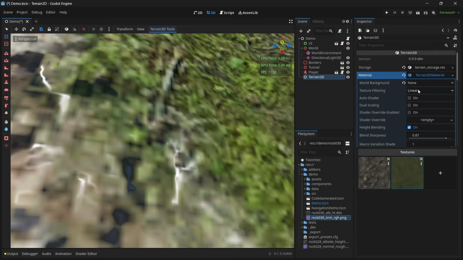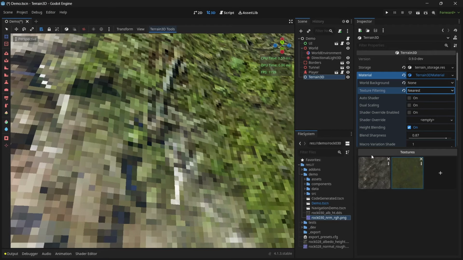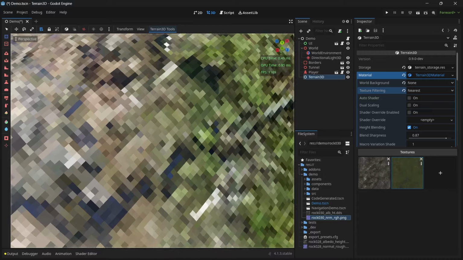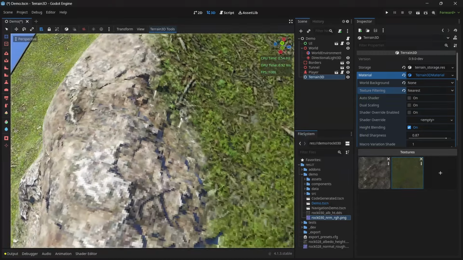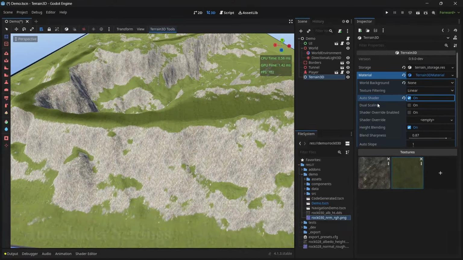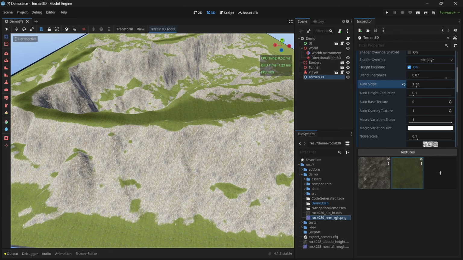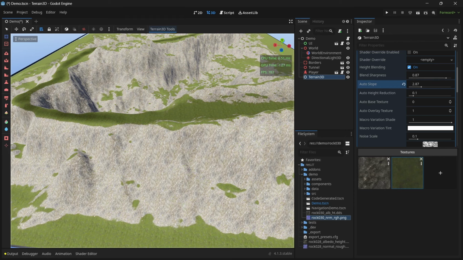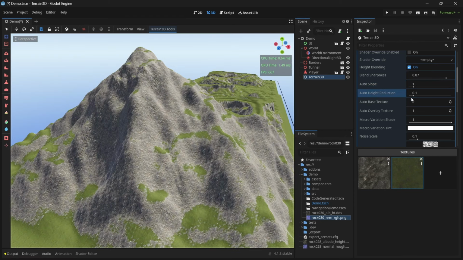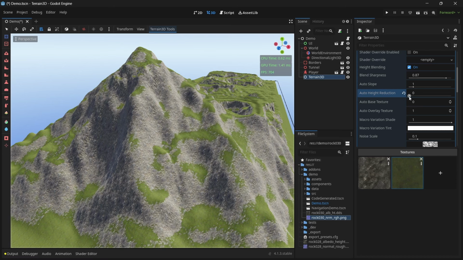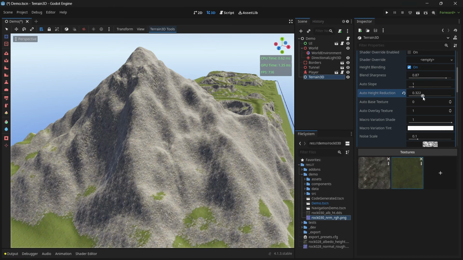And then we can change texture filtering to nearest. And there you get a pixelated look. If we scroll down to the auto parameters, you can see we can change the slope. Or if we go look at the mountain back here, you can see that height reduction reduces the coverage based